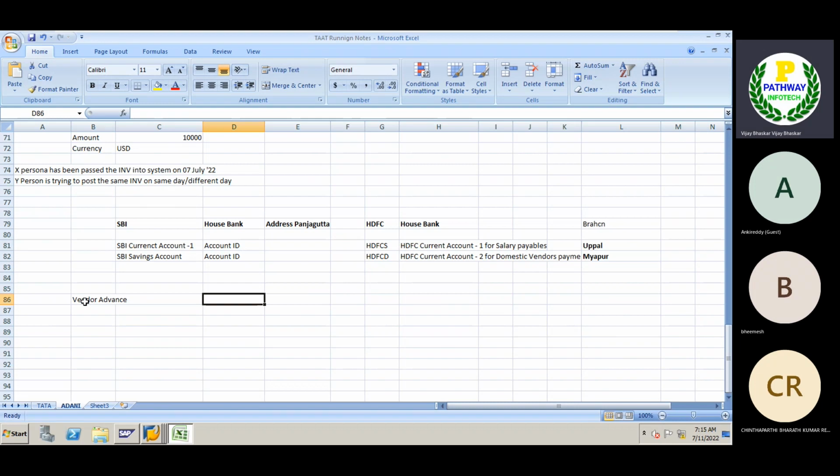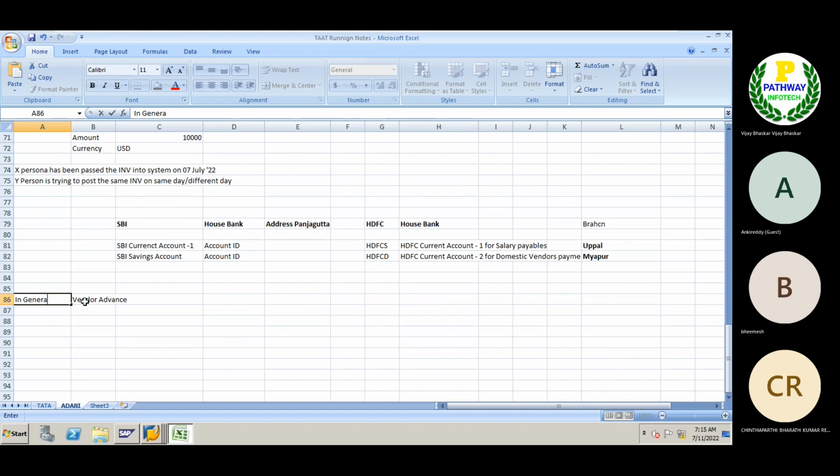It's not an expense, it is an asset for us. The advance which we are going to issue, the amount we are transferring to the vendor, is an asset for our company. In the general scenario we can call it a vendor advance, but in SAP terminology, remember,